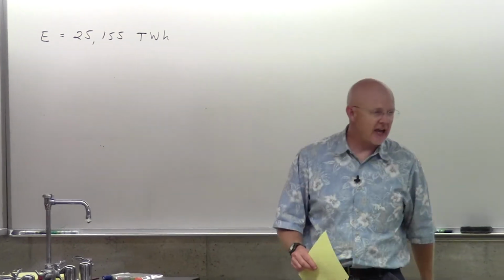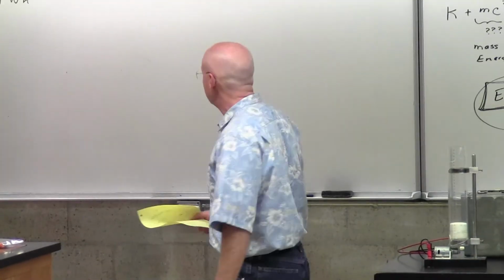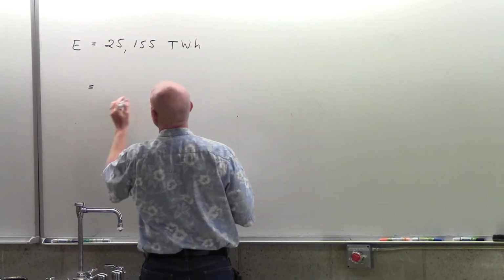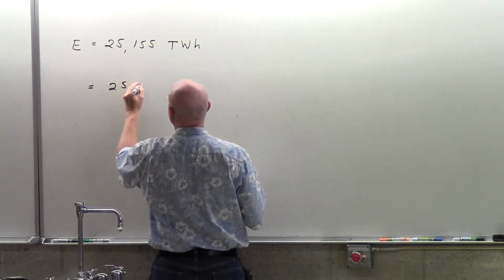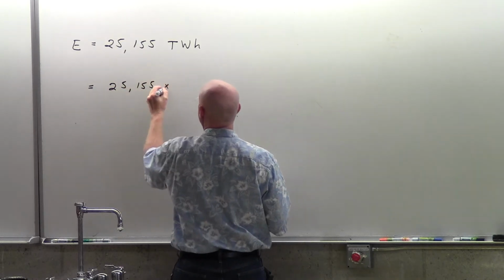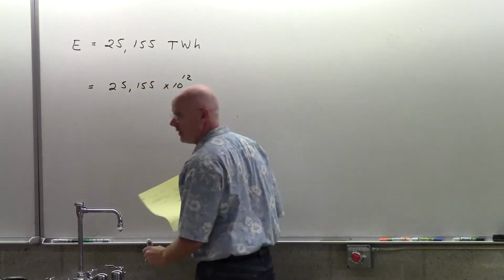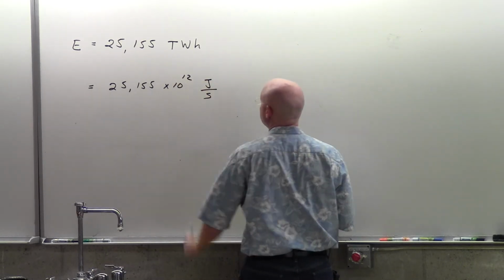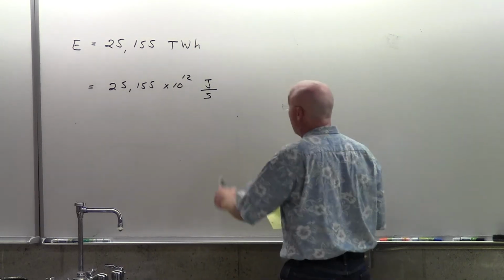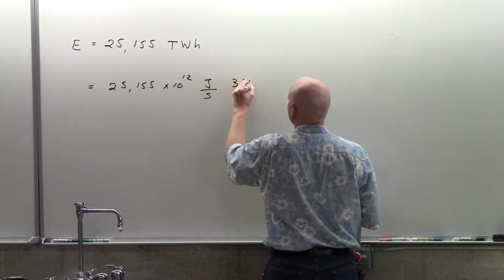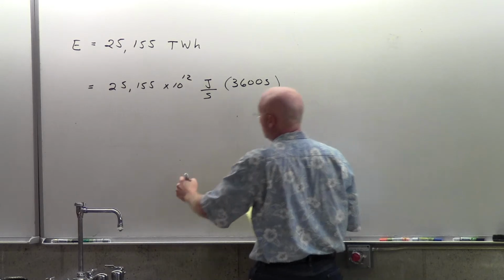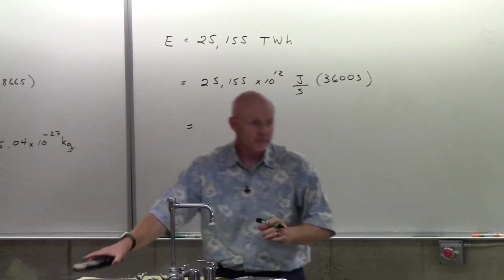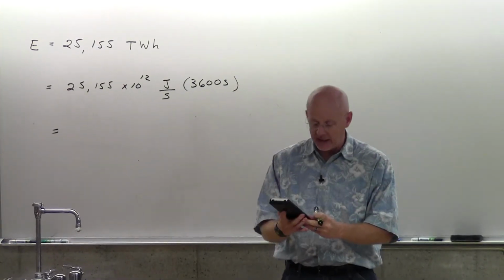And maybe we should talk about that unit because it may not be as common to you, but this is a lot of energy, as you might suspect. 25,100. What's tera? 10 to the 12th. What's watt? Joules per second. What's an hour? 3,600 seconds. So let's go ahead and do a quick conversion here to how much energy would the entire United States,